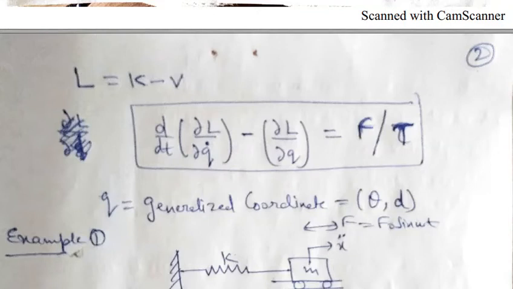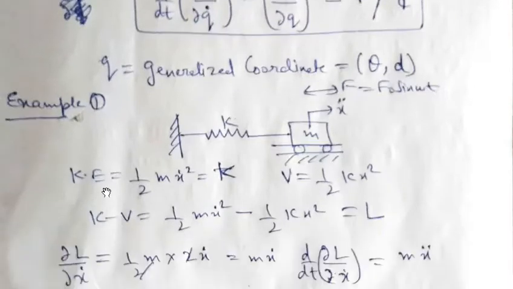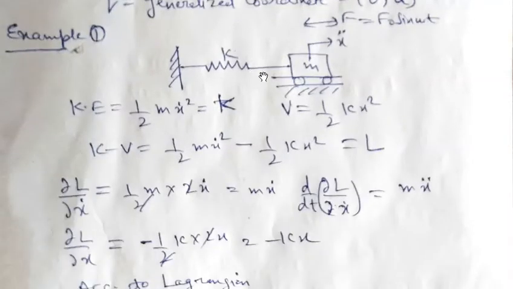Every system is equivalent to a spring mass system. We already told you that a spring stores potential energy, that is half kx square, whereas mass stores the kinetic energy. So the kinetic energy is stored by the mass, and that is half m x dot square. We say it is half mv square, and v is nothing but x dot. x is the displacement, so x dot is the velocity. I name it k, the kinetic energy. Similarly, the spring stores potential energy, so V is equal to half kx square.